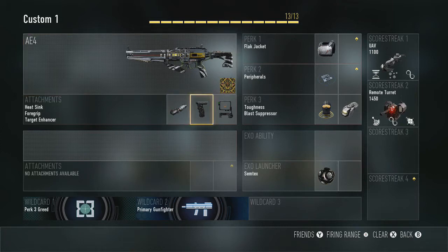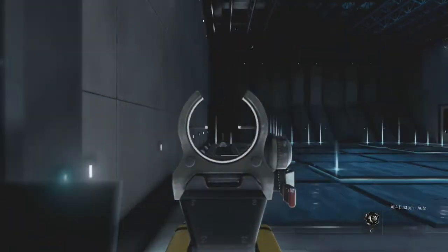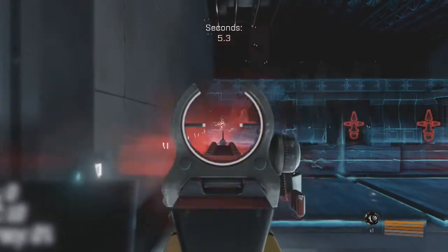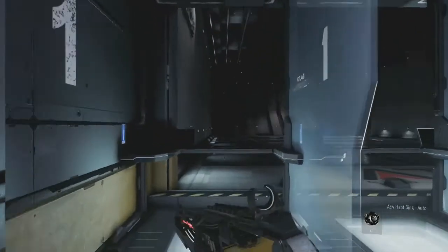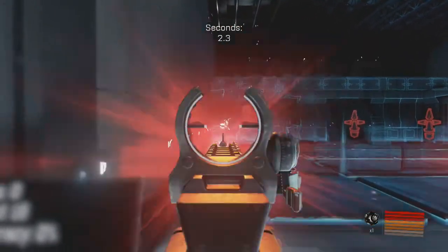The second attachment that you guys want to be using is grip. The reason that I recommend the grip is the recoil is not very vertical, but it's very bouncy. The concentric circle, if I take away the optics, as you can see, you don't really aim at a point, you aim at an area. It's a little bit bouncy, it kind of goes up and to the left a little bit, but it's not too bad. If I take the grip away and do the same thing, again, it's a little bit bouncy,